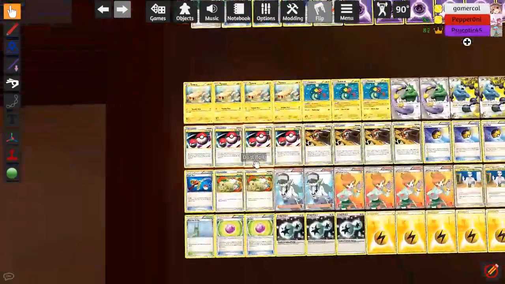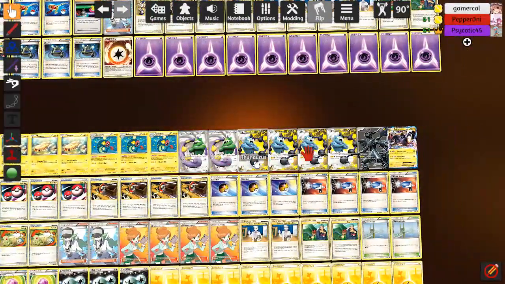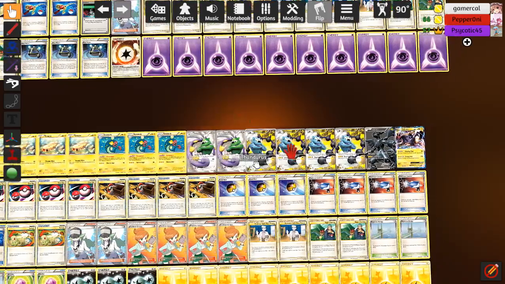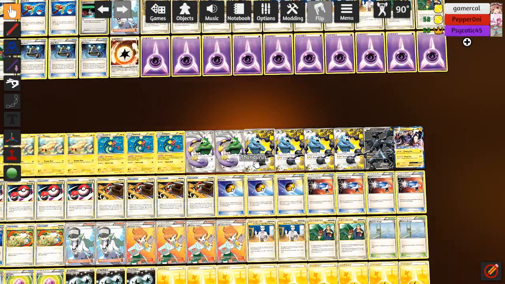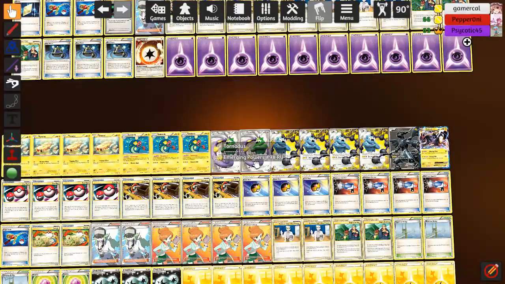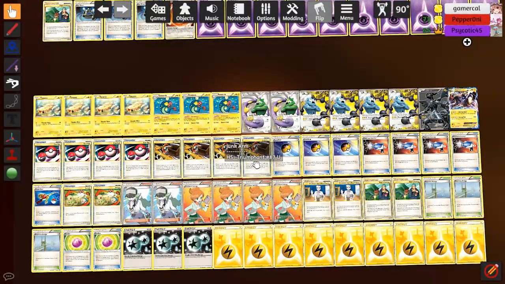Like, I was initially going to run it in here, but I think I swapped them out for like the 4th Tornadus, and no, 4th Thundurus and one. Felt like 4 Tornadus today, let me tell you. The 4th Thundurus and 1 more Tornadus is what I ended up subbing them out for. But I easily could see Smeargle being really good in here still, just because I don't have...